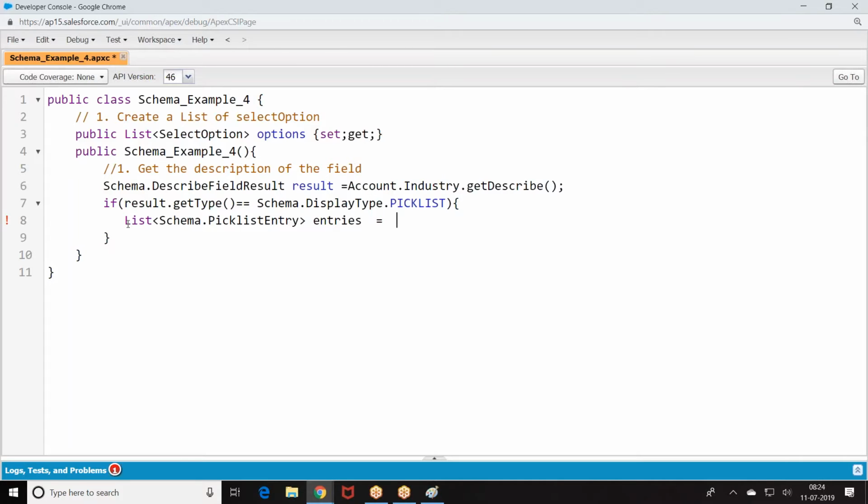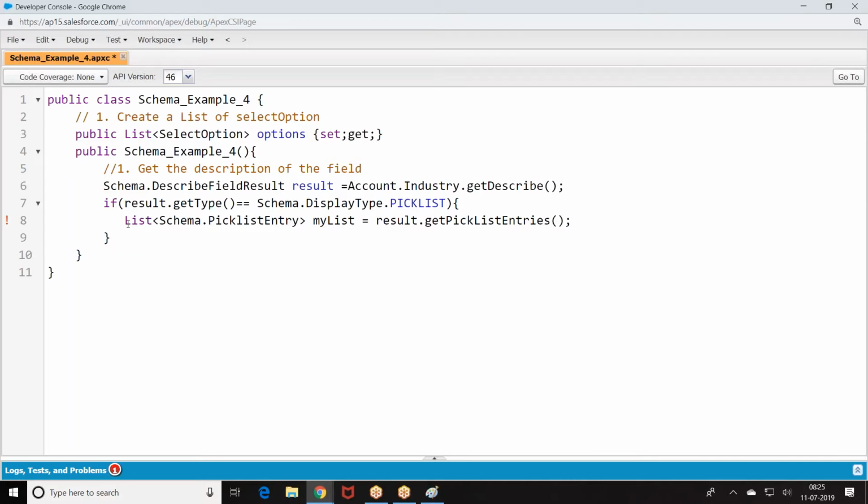Why is this auto help not working here? Get the pick list entry.